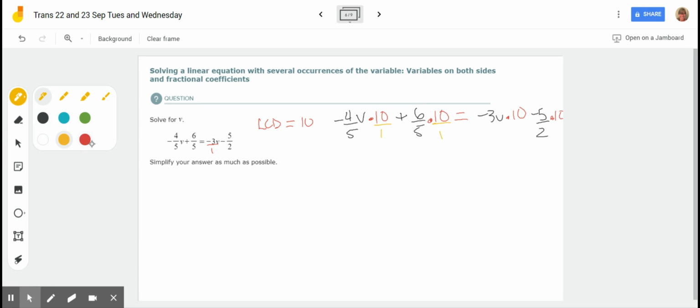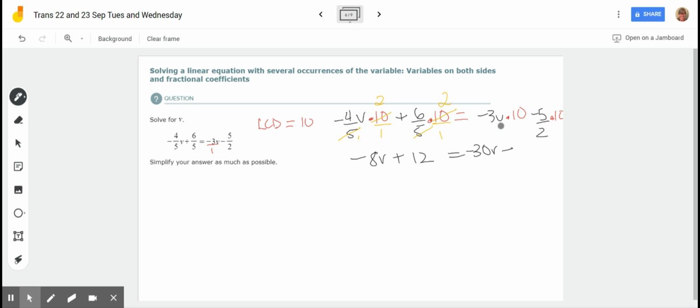I know a lot of you like that better. I want you to learn how to do this, where you go, wait, 5 and 10 have a common factor. 5 goes into 10, 2, 5 goes into 5, 1. 1 is on the denominator, we're good. Now you're going to go negative 8V plus, on this side, 5 goes into 10 2 times. 6 times 2 is 12 equals negative 30v multiplying across minus,